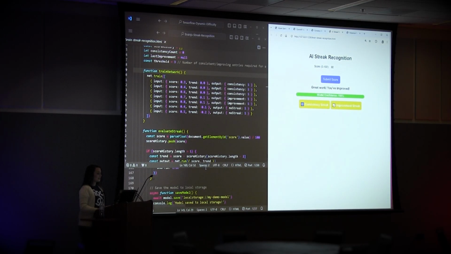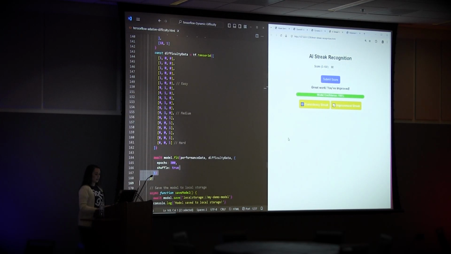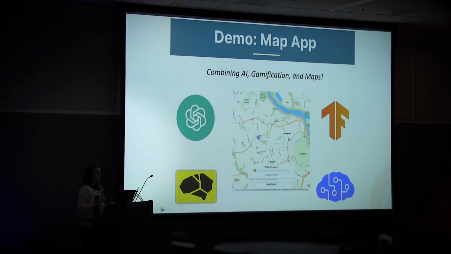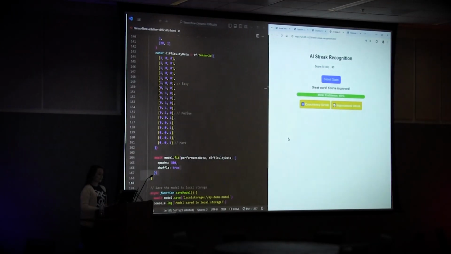All right, so again, all this code will be on GitHub, so I'm going to go ahead and go to my last demo here. Okay, so this is fun because this is where I took all 4 of them and put them together on a map. And of course, I had to show a map because, again, I work for a mapping company. So yeah, it's fun. It's just going to take all 4 elements and put it into this one application here. It's easier to show than describe, so let me just show it.